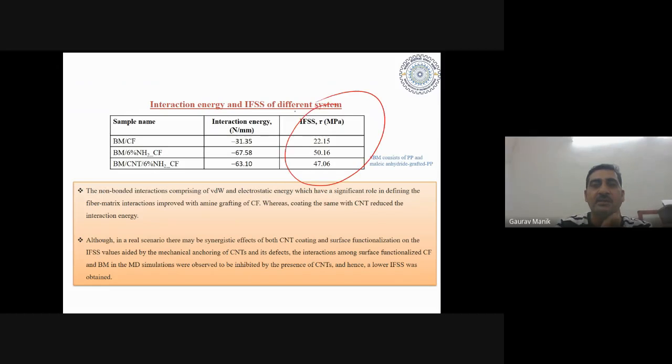So some results from the lab wherein we found that NH2 functionalized 6% is much better than the base matrix with carbon fiber, and it's even better than the CNT functionalized and then NH2 on top of the carbon fiber. So using these kinds of results, you get an understanding, without even chemically synthesizing these things, of what kind of functionalization will work better in what matrix. Because these fillers and the fibers and the base matrix are going to interact completely in a different way depending upon what kind of